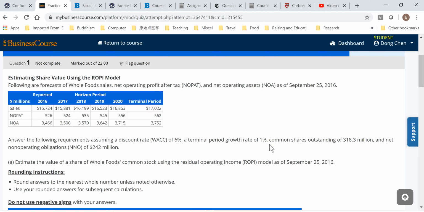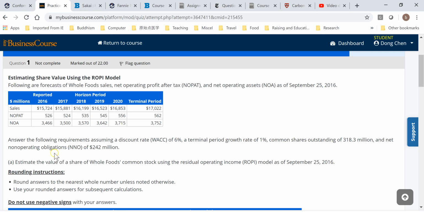This is question number 1 on practice homework 10 for module 14. So this is a very standard question about valuation using the residual operating income model. We're provided with the sales, NOPAT, and NOA numbers for a bunch of years, including the horizon period and terminal period. And we're also provided with the discount rate and terminal period growth rate and common shares outstanding and